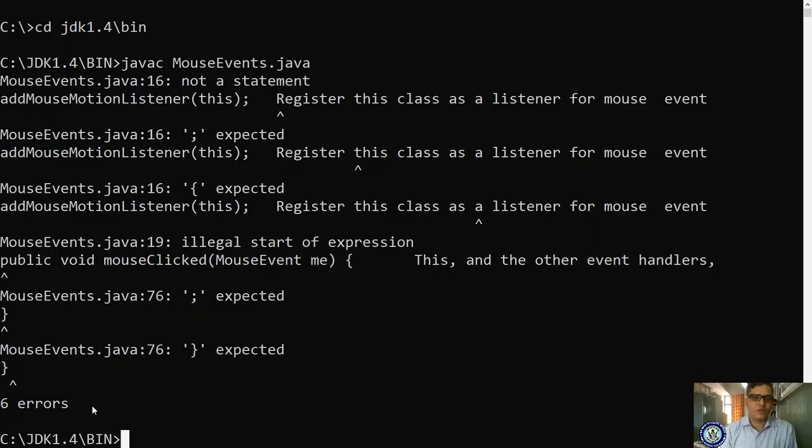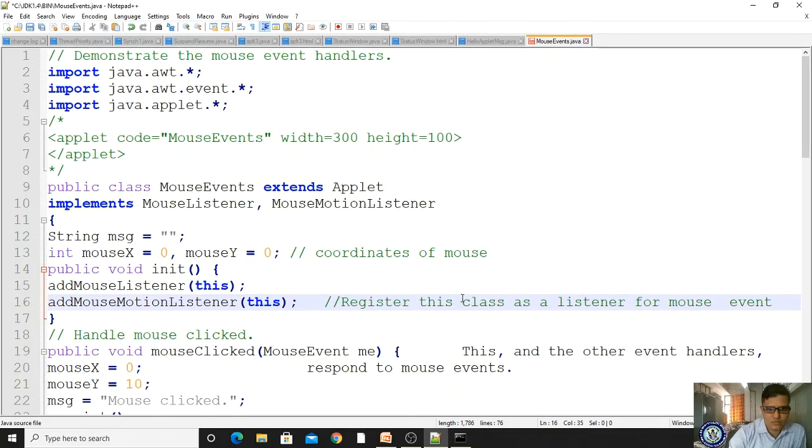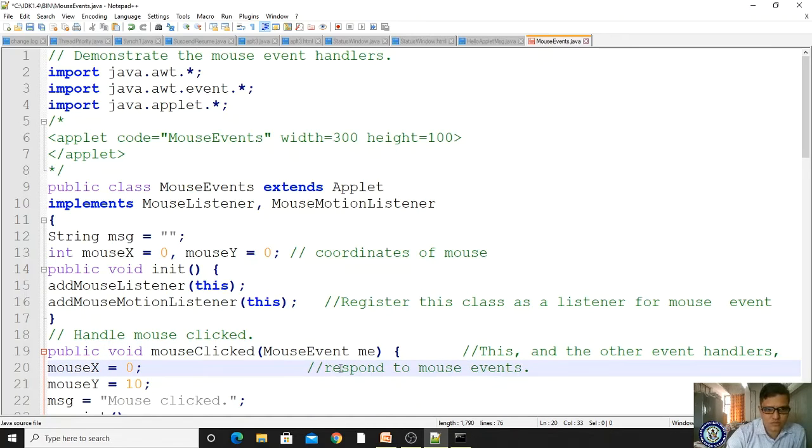So this many errors are there because of a comment line, right? Let me check. Here is line 16, here it is, right? It should be in comments. If you don't mention the comments, then these problems arise.